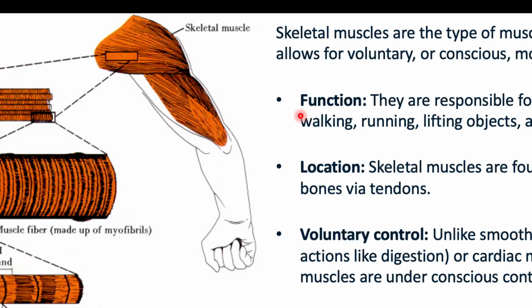Skeletal muscles are the type of muscle tissue that is attached to the bones and allows for voluntary or conscious movement of the body. They are responsible for a wide range of movements, including walking, running, lifting objects, and even breathing. So, the breathing muscles, the intercostal muscles, are skeletal muscles attached to the rib cage of our body. Skeletal muscles are found throughout the body, attached to bones via tendons. And unlike smooth muscles, which control involuntary actions like digestion, or cardiac muscles, which control the heart, skeletal muscles are